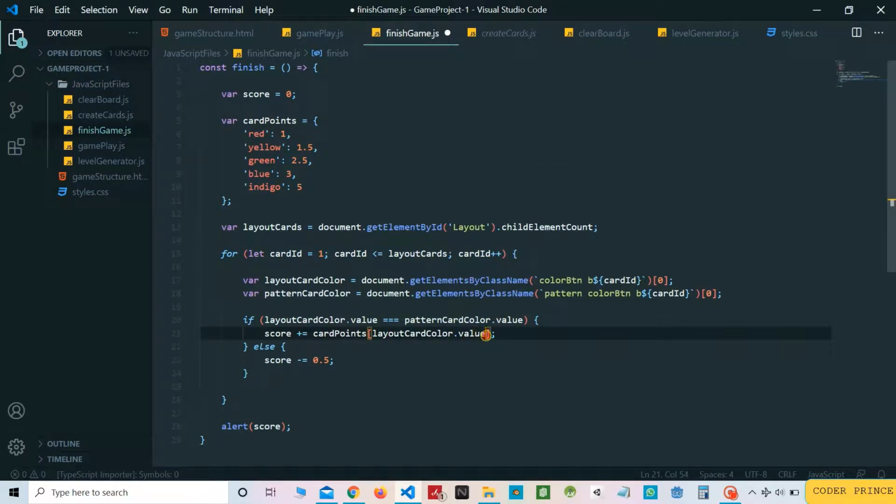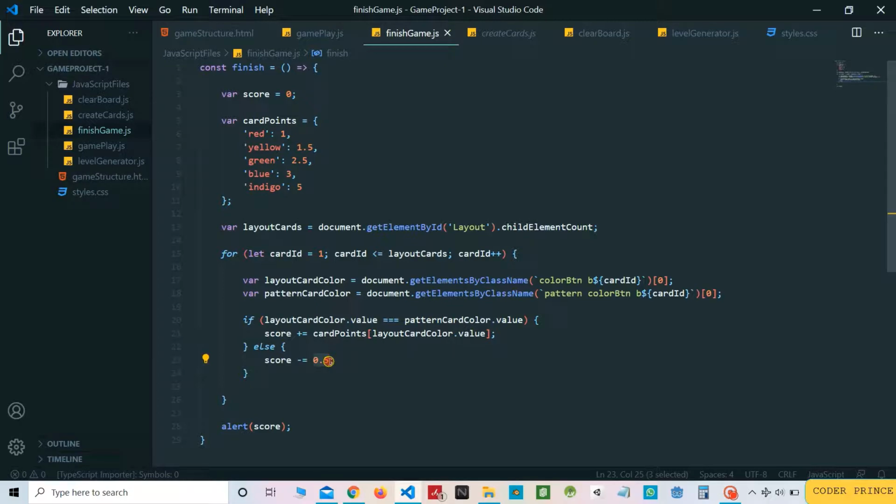Now this will access the value, either it is 1, 1.5, 2.5, 3 or 5, based on the value that is in the card. And we will just keep the decrementation to 0.5 if the cards are not of the same color.